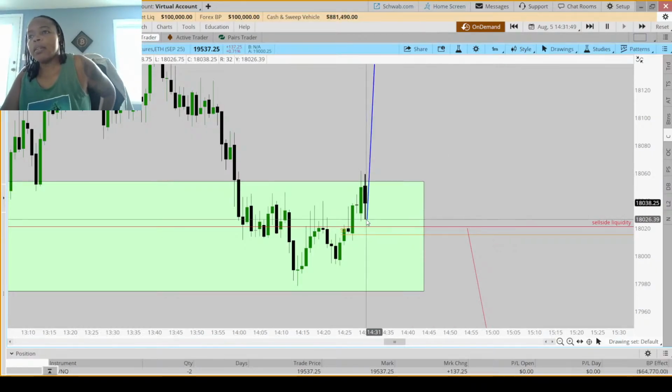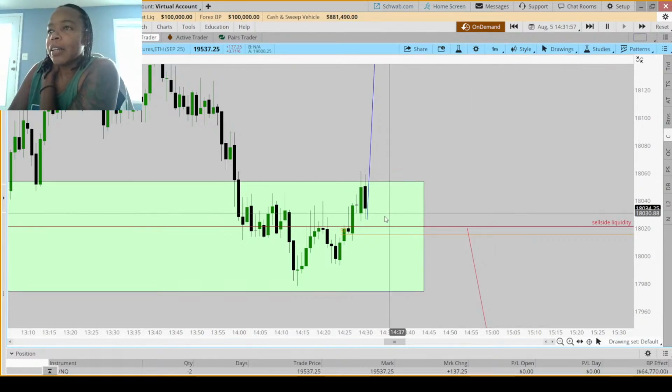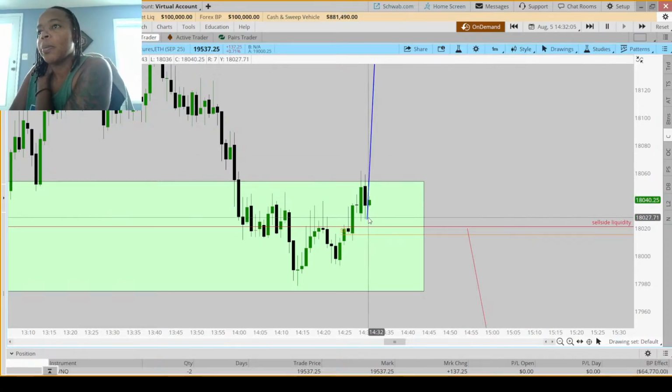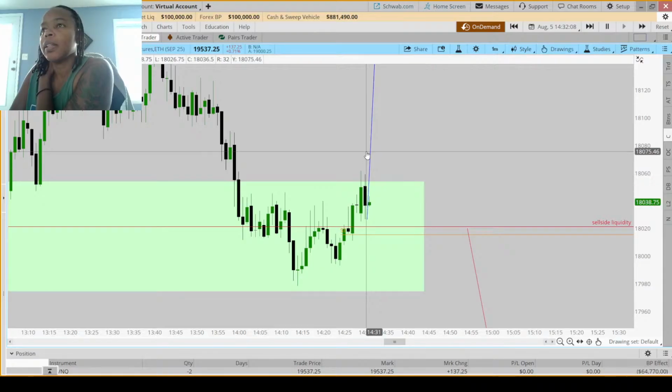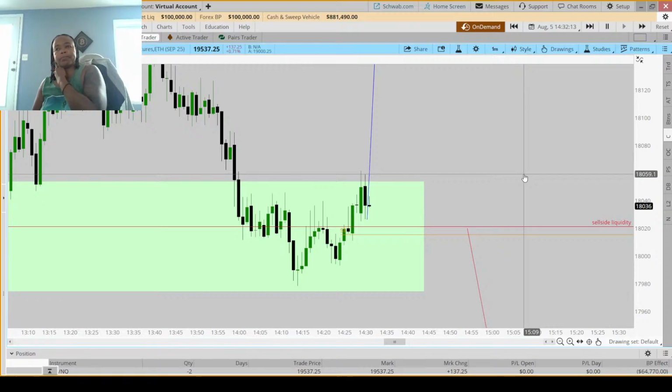So I would be in, my heart would be racing, I'd be nail biting. I also considered moving it to the body, but you keep missing things sometimes when I do that. So I would have been wicked in right there. That would have looked beautiful, and then this candle would make me uncomfortable. I would have wanted to move my stop into profit here, but I'm trying not to do that. So what am I waiting for? I'm waiting for them to leave this area. They need to push up now and go.